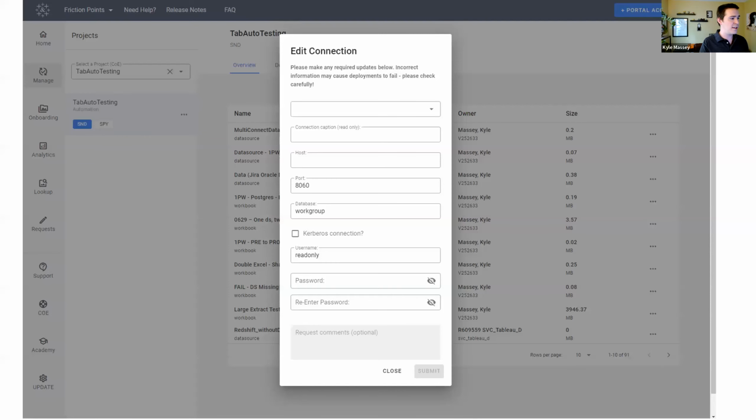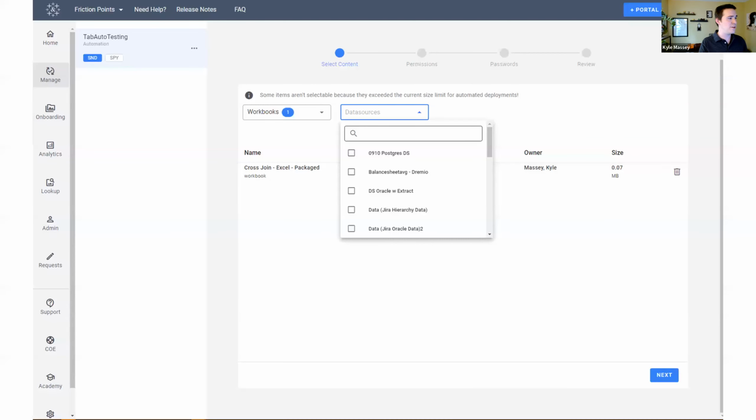We also, in the next flow here, have our deployment flow. I had to scroll down because there was some stuff at the top that I couldn't show you. But when they click on deploy in this view, they're just presented with some dropdowns that say, what workbooks and data sources do you want to deploy? They make their selections, and it builds a shopping list for them. If they're a large project with a lot of things going on, we let them search through it so they don't have a really long scroll.